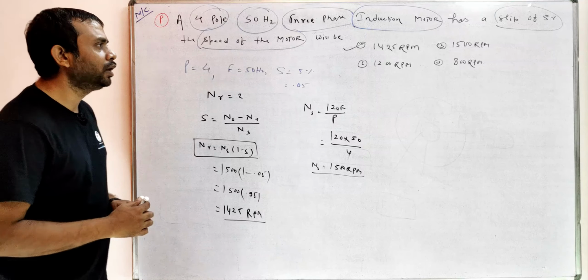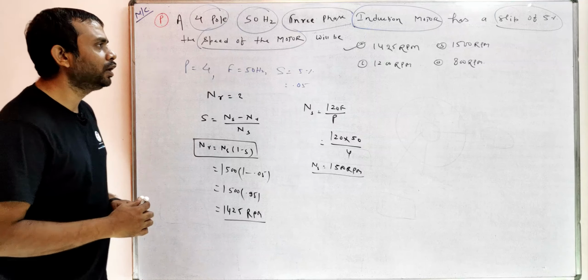So how much is the slip? Slip is given as 4%. I can write 4% as 4 by 100 to make it simple. And the supply frequency is given as 50 hertz. So when you solve this one, you will get 2. So fr is the frequency, which means the unit will be hertz. So 2 hertz will be the answer for this problem.